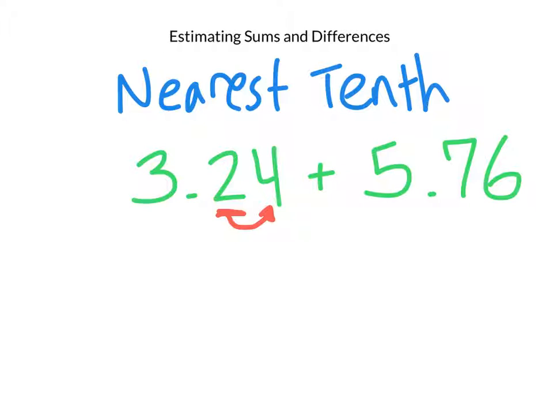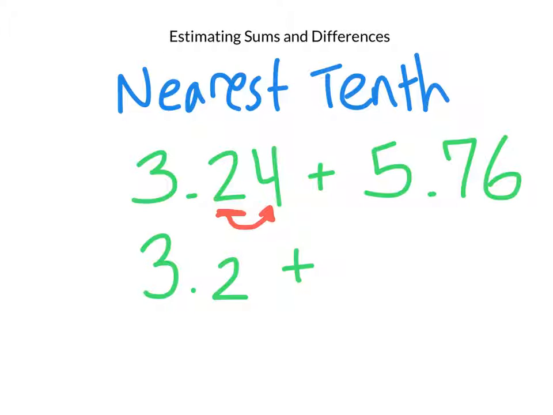So if the number's 4 or lower, we estimate down, which means the 2 would stay the same and the 4 would become a 0. So instead of putting a 0, we just leave it blank, and then we add in what comes in front of it. So we have 3.2